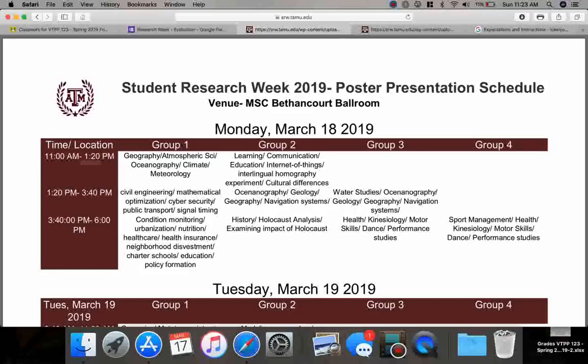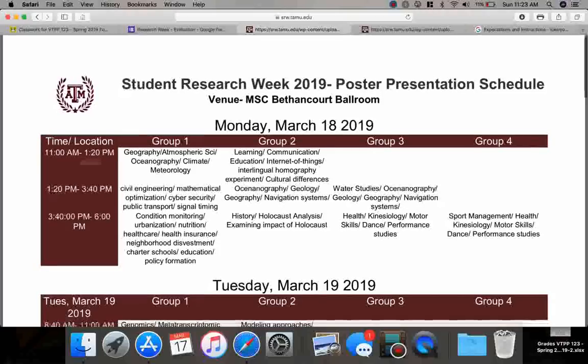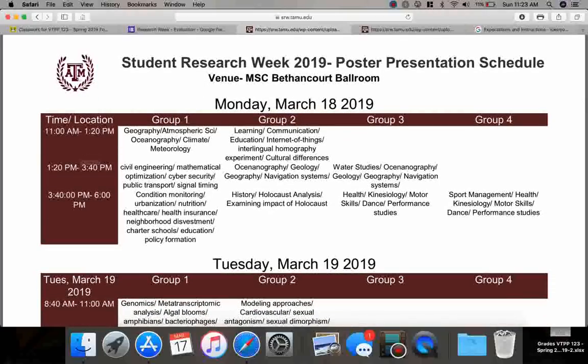Last year, they had a full list of each presentation and the times they would be there. They didn't do that this year, and I do not know why. But this is all in the MSC in the Bethencourt Ballroom. Okay, that's the large ballroom on the second floor. Okay, if you look through these, you can kind of figure out where some of our biomedical research certificate programs may be. Okay,